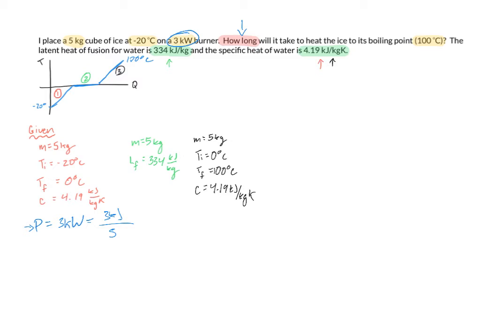So instead of using my unknown as my time, I'm going to start by trying to find Q and then use that to find time. So to do that, I'm going to go ahead and write out my equation. I know that Q total is going to equal